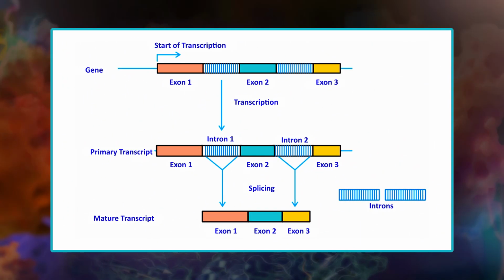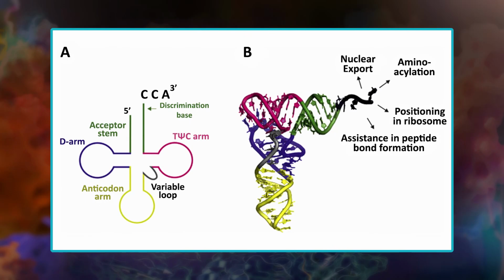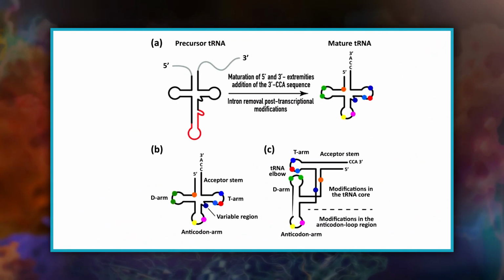The intron-exon boundary is acted on by endonuclease. The 5' and 3' ends of the RNA are processed, and enzymes add the terminal CCA residues to the 3' end of the tRNA molecule. The CCA site residues could become amino-acylated in the nucleus itself, and this charged tRNA could then be exported